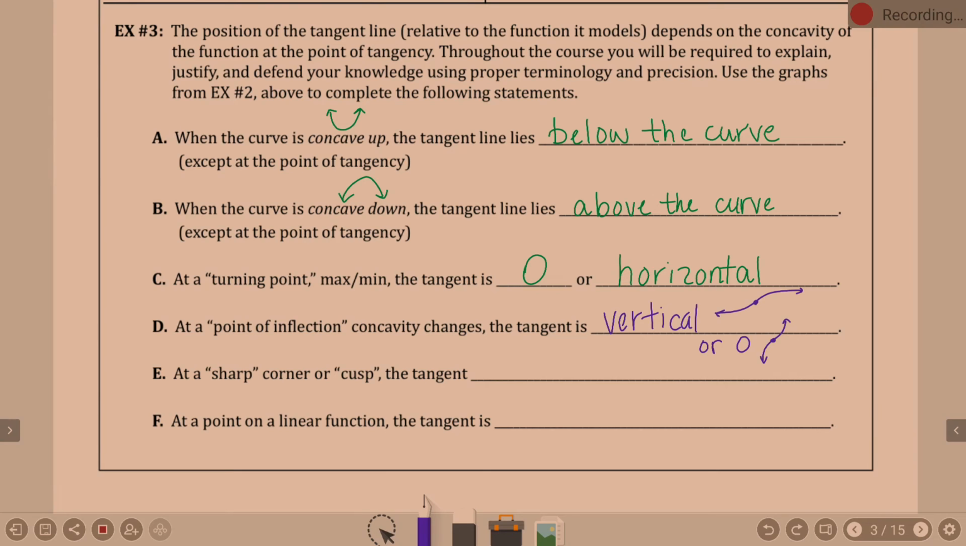I wanted them to be called concavities because that kind of cracks me up. Okay, we're just going to go with that. Sorry. Okay, at a sharp corner or cusp, the tangent does not